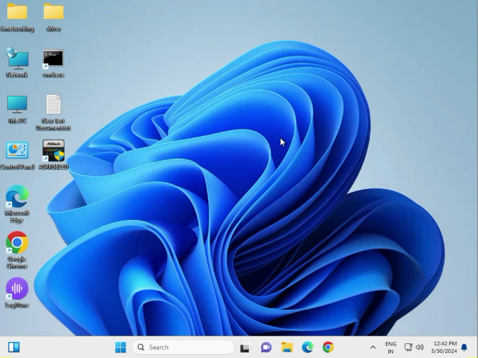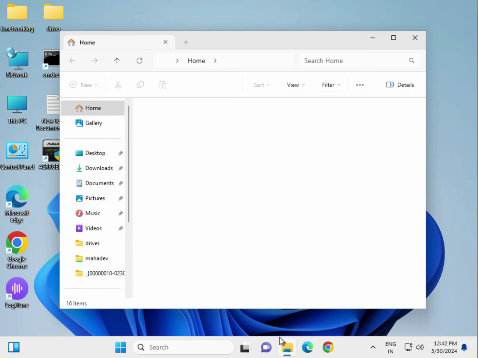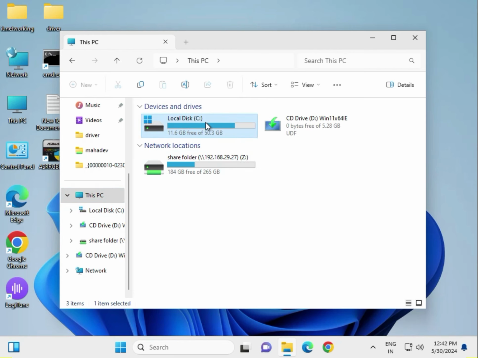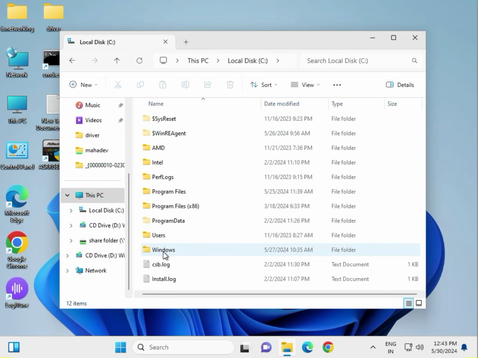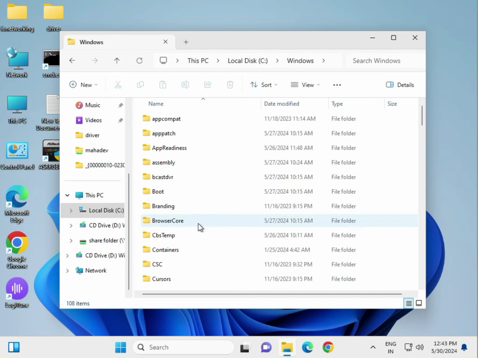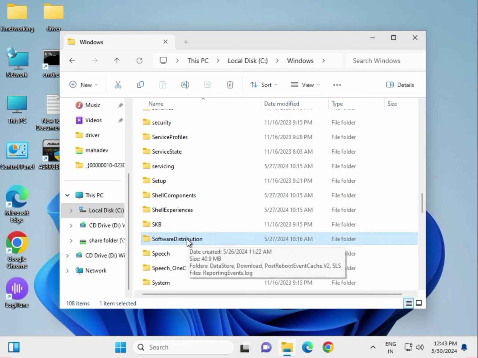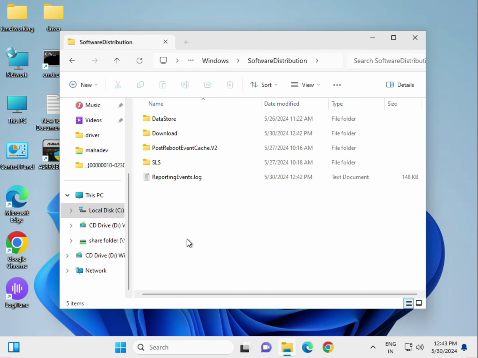then close. Next, delete the SoftwareDistribution folder. Open This PC, go to C drive, then Windows, then SoftwareDistribution, open it, then DataStore,